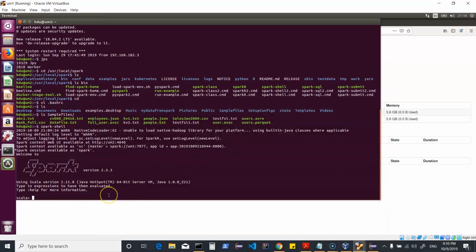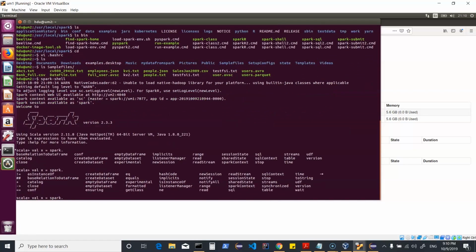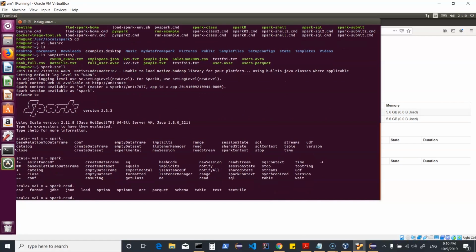Now taking this file, what we can do is we can say val x, and then I can say spark, which is the short form of Spark session. And then if you are not sure what method should be used, you can just do a tab and that will show you all the possible options which are available within Spark. So here we can use read and again do a dot and then do a tab, and it shows me that we can get our data in different formats.